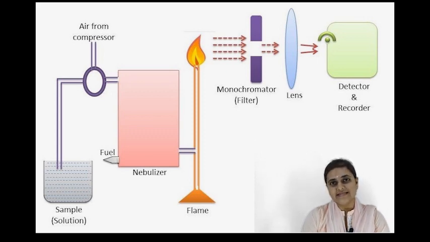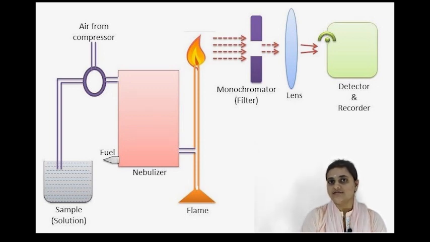The optical system basically consists of two different things: one is a convex lens and another is a convex mirror. They play an important role in the flame photometer: all the emitted radiations from the flame will be sent through this convex lens. As you already know the function of a convex lens, it will focus the light emitted into a single slit. After this optical system, the next component is the simple color filters.